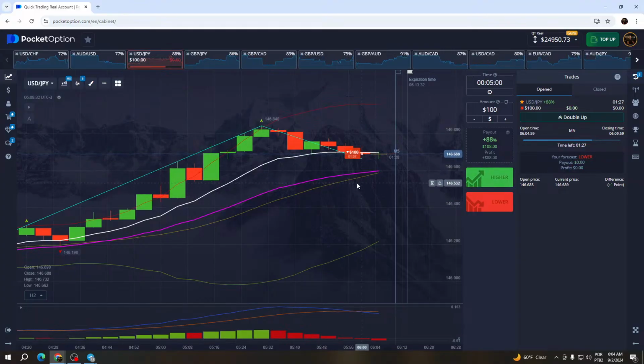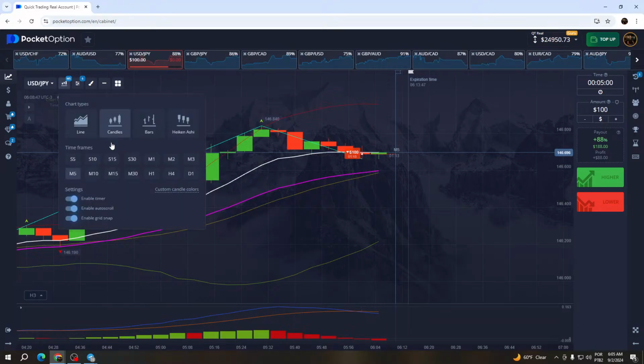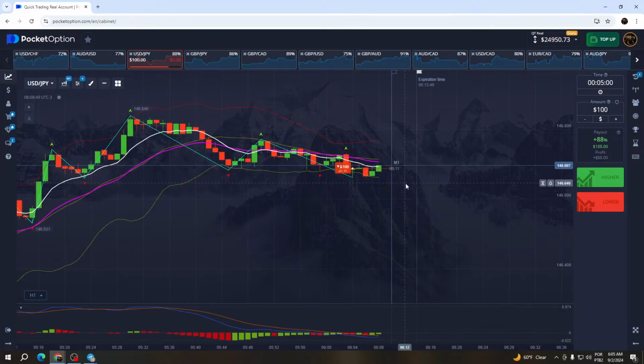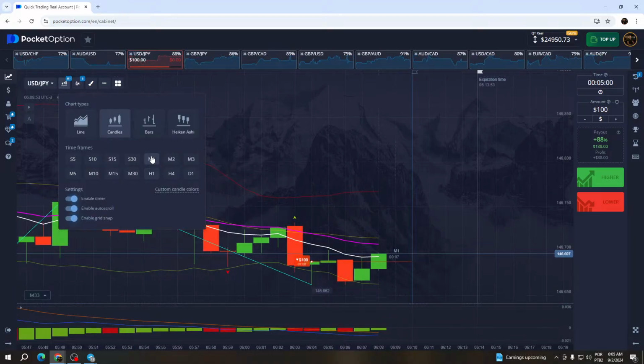Oh, look at that. Look at this candle, guys. It doesn't go straight enough to keep going down. It's trying to create a reversal, as I can see on the M1 chart.